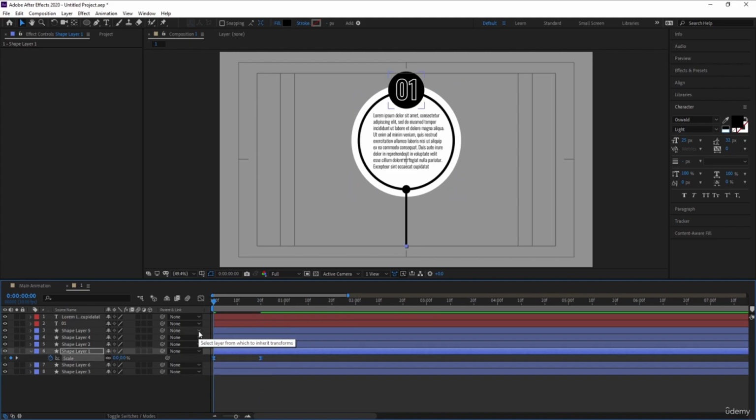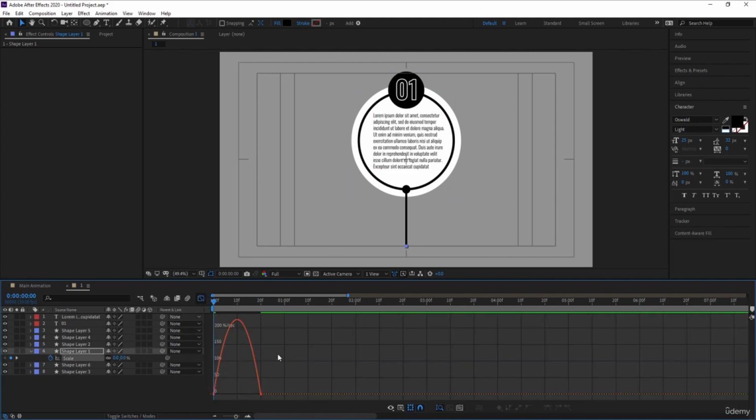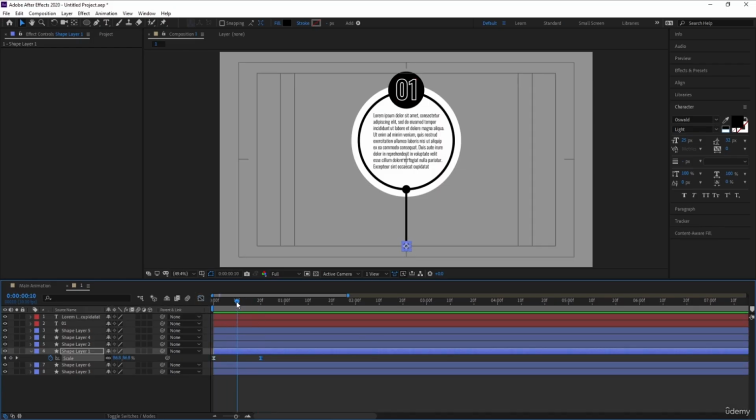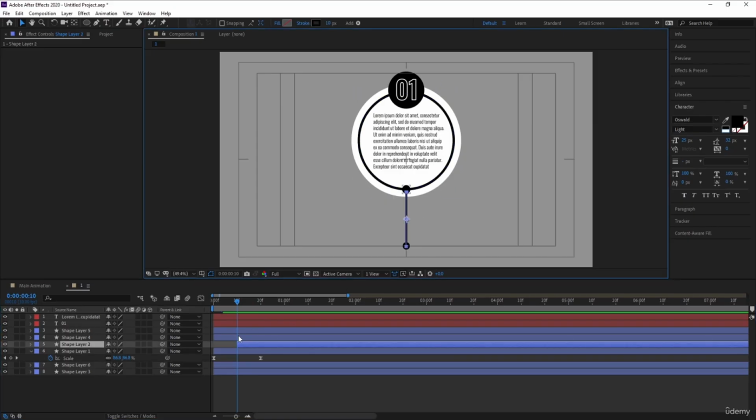Select those keyframes and hit F9, go to the graph editor, select this graph by holding shift, move one handle over here. So we will get this kind of stuff. Then at this point I want this stroke should start to animate, so I'll move this over here. Then press Y for anchor point tool, pen behind tool, and by holding control I'll simply snap this anchor point